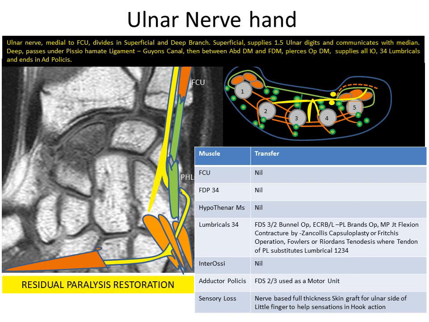For the sensory loss, you are basically concerned with the sensations on the ulnar side of the little finger. You can take a nerve and vascular skin from the sensory side of the index or middle finger, and you can transfer this full thickness skin graft on the ulnar side of the little finger. So this is what you can do for sensory loss.